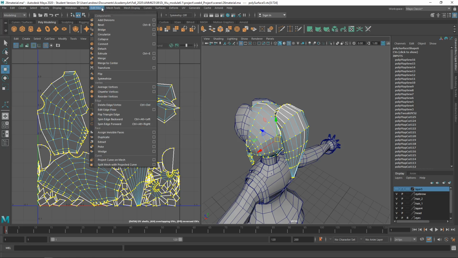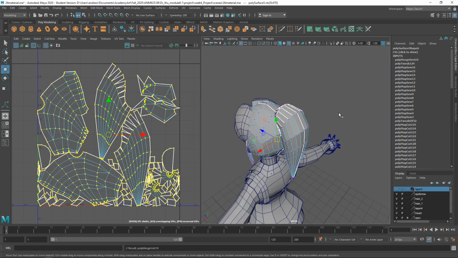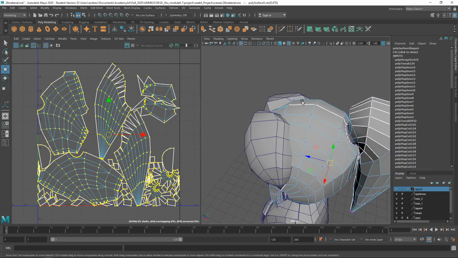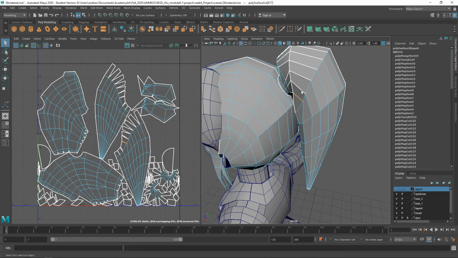merge. So edit mesh under the component section, merge options. And I set the threshold to 0.001 so it only merges the ones with points on top of each other, and merge. And then you'll probably need to go and move and sew all the ones that, well, I guess